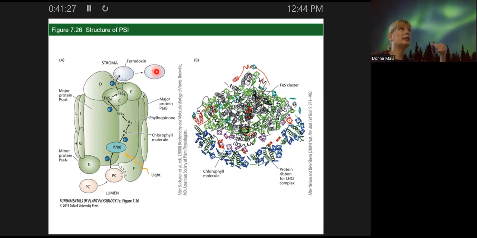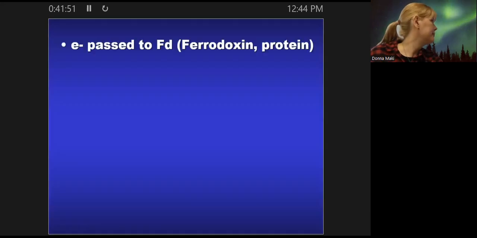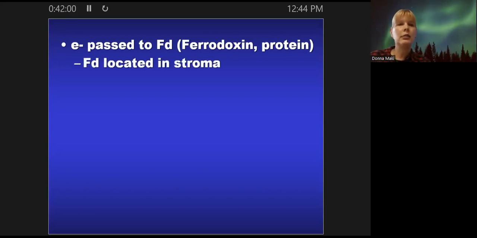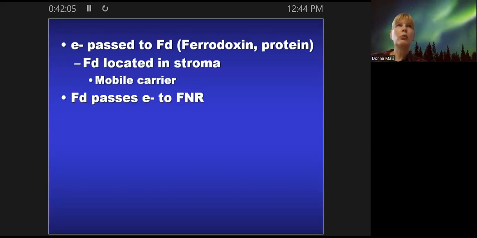And remember, energetically speaking, ferredoxin is really happy to donate electrons to whoever's around. So hopefully the right players are in place. Otherwise ferredoxin might give the electron to something else. But if we're focusing on the light reactions, the electron transport chain, there's a very particular player. Okay, so ferredoxin gets that electron. It disassociates or comes off of photosystem 1, and it's in the stroma. It's mobile, so it's going to start moving around, and hopefully it's going to bump into this other molecule called